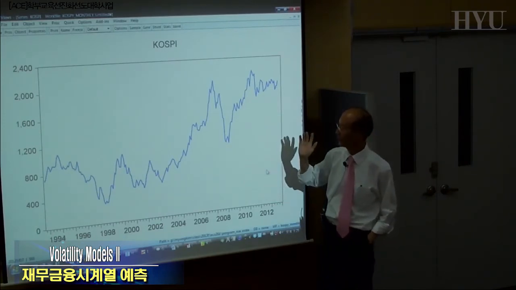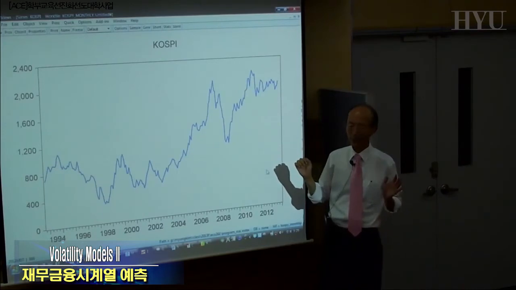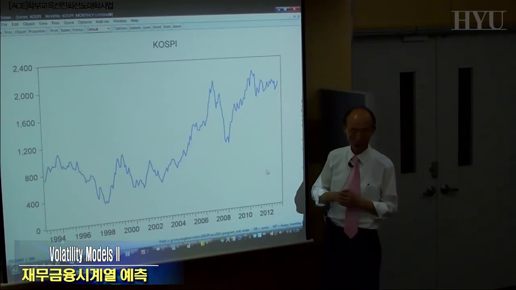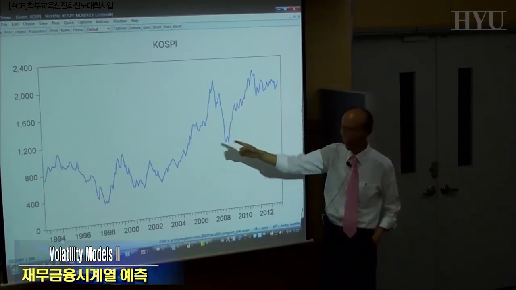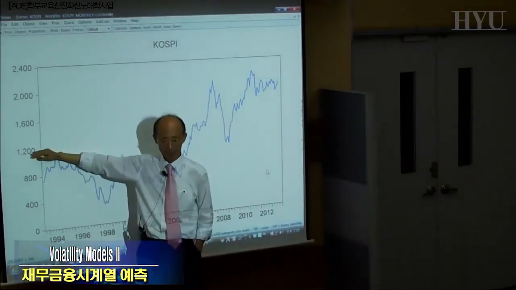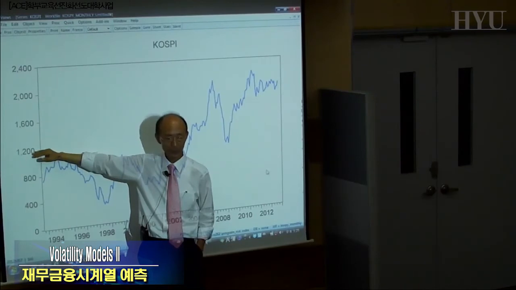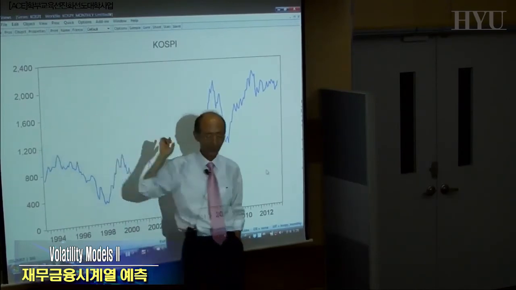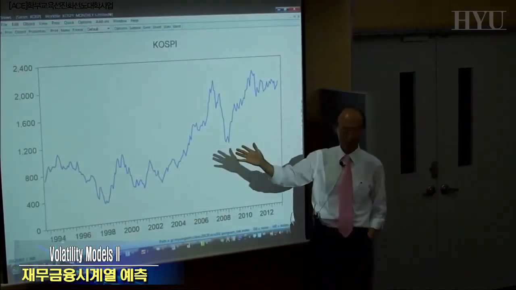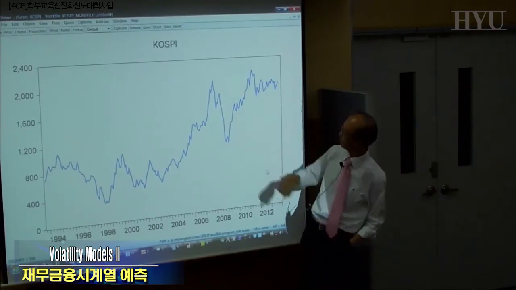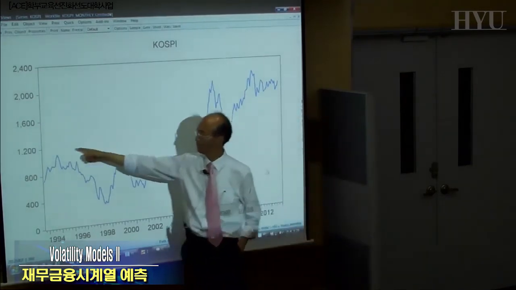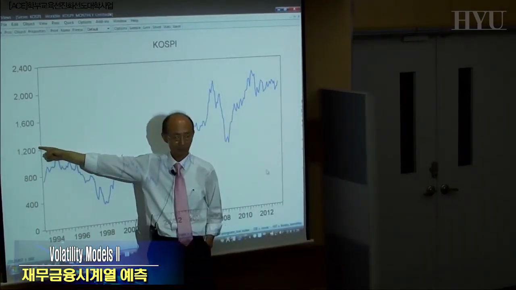But I remind you that when we say we are calculating the mean and the standard deviation of KOSPI using this data, are you reporting this one as the mean? Do you plan to do that? What is the mean of KOSPI in this example? Just guess, a wild guess. About what? Mean of KOSPI? About this figure, right? Suppose this is a number.